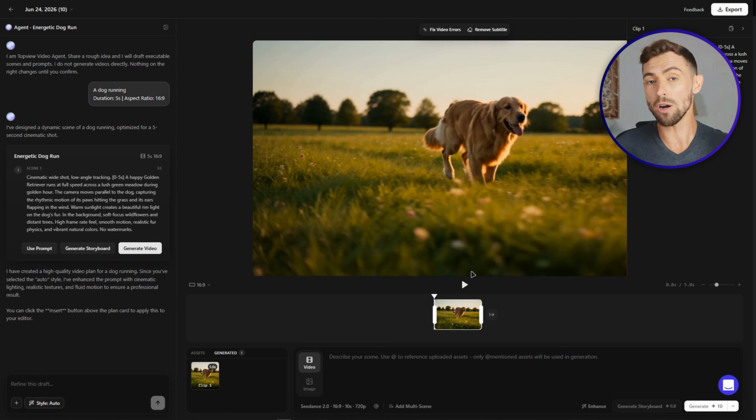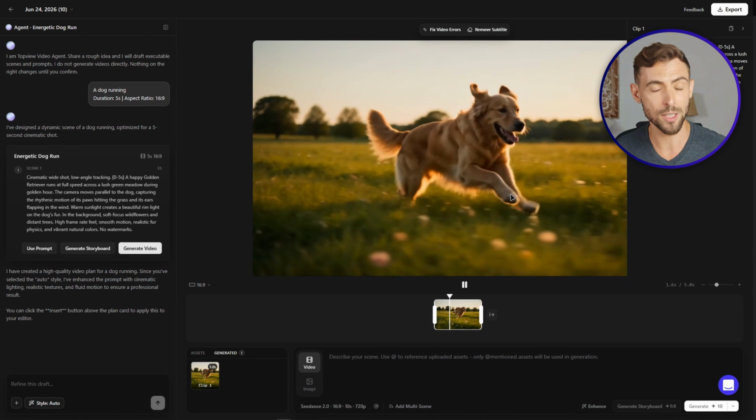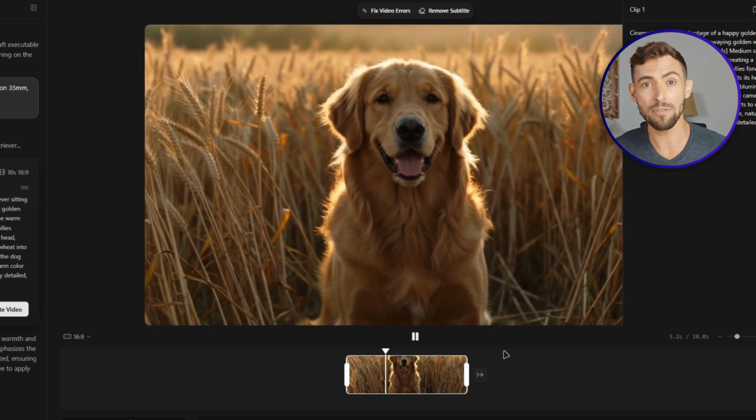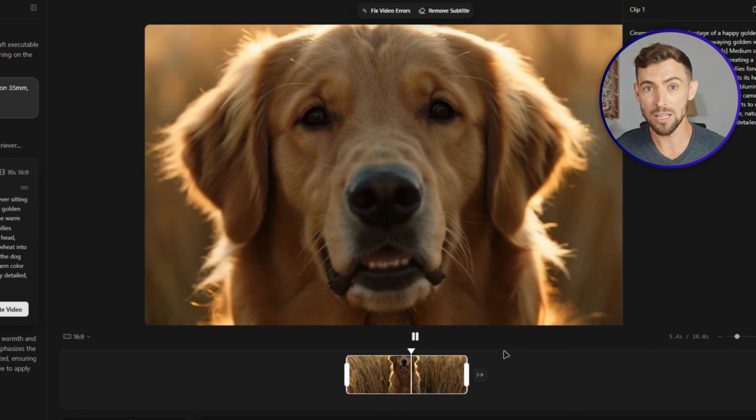So give yourself an hour the first time that you use this, right? The agent is powerful, but you need a few rounds to learn how to talk to it. Cinematic prompts work best. Camera angles, lighting, mood, lens type. A dog running gives you generic trash. Golden retriever during golden hour in a wheat field shot on a 35mm shallow depth of field, that gives you